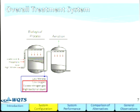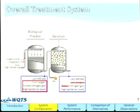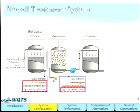So first we go through an aeration process, and the idea is to take the water up and bubble air through it to simply strip out, predominantly to add oxygen, but also to strip out the nitrogen, the excess nitrogen that was the product of biological process. So with that, we get rid of two of the three problems that we had before, but we still have the high bacterial count coming out of this at this step, and that's why DPH requires the subsequent steps of